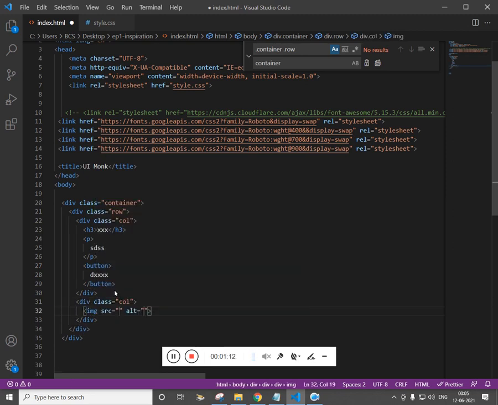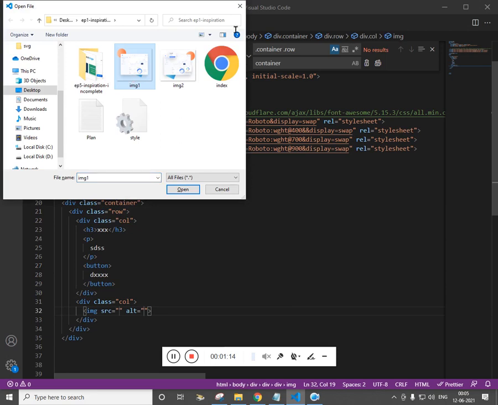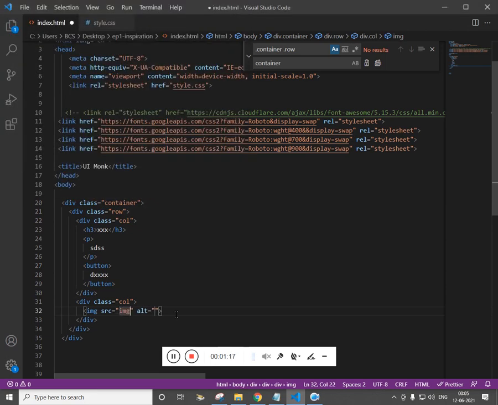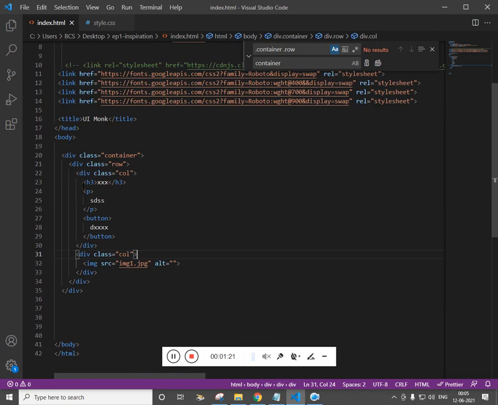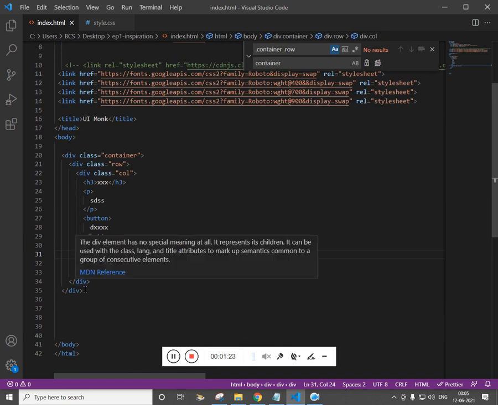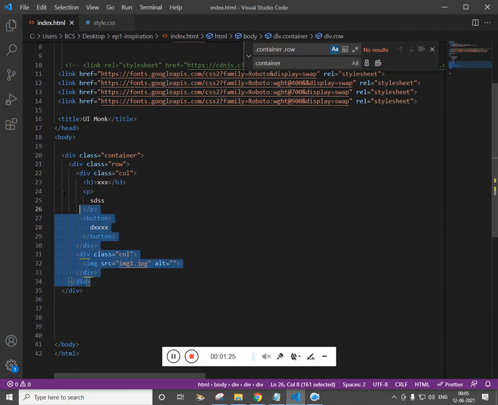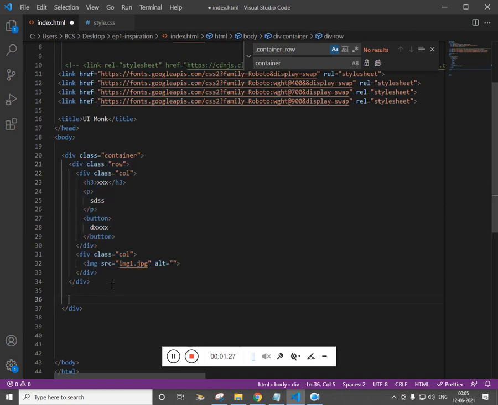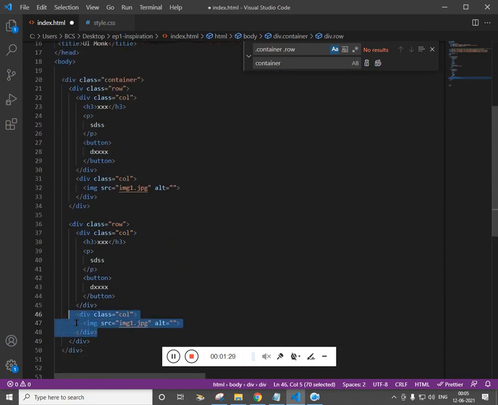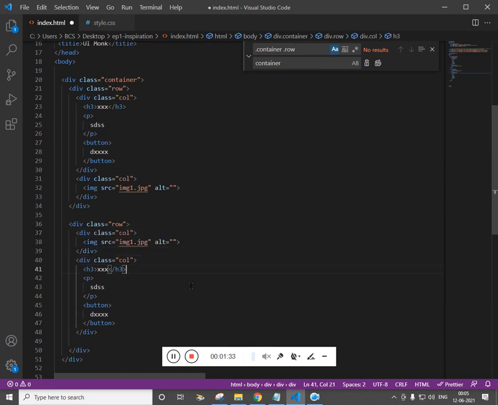I have used this image, img1.jpg. You will find this in the description to follow along. I'll leave the source code in the description. Now in the same way for the second row, this time the column with the image comes first. Great.